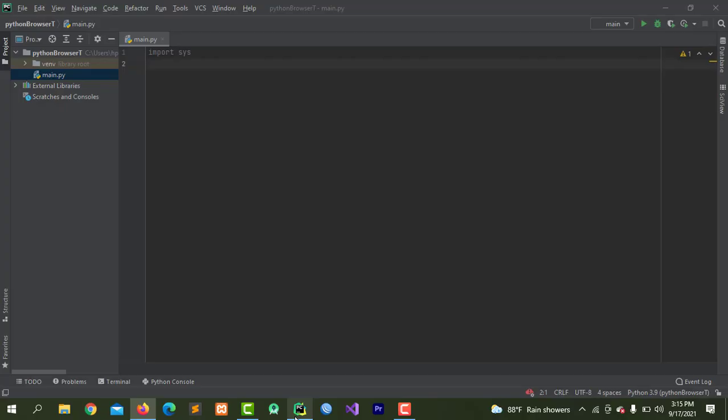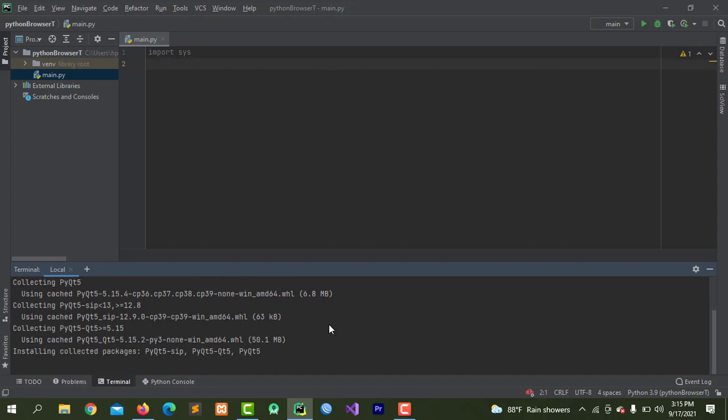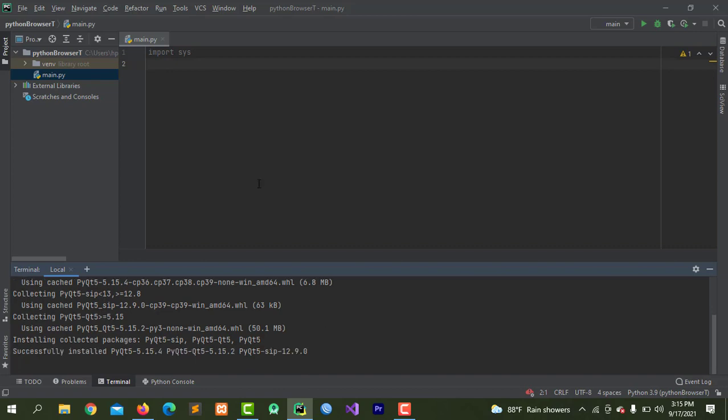Go to your editor and open your terminal. Then paste here or write down pip install pyqt5 and press enter. It takes a few seconds and it's installed in your project. After successfully installed, here import